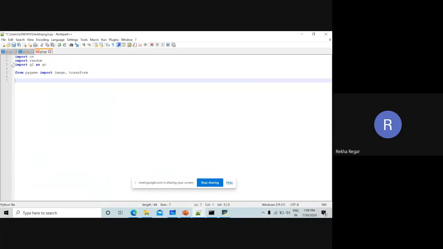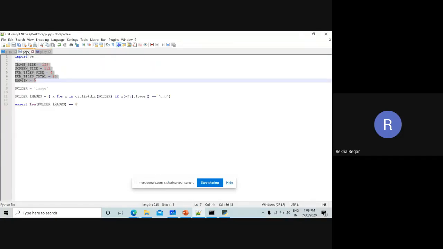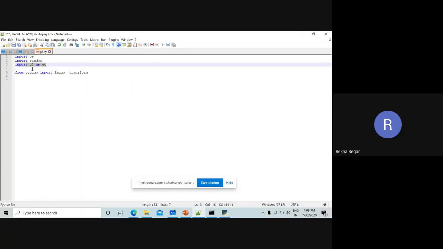For that we need the help of OS, so we are going to import OS. We need the help of random also, which means the images must be random from the file. After that we are going to take the game configuration, the file we created, g2.py. So we have to import that file also. How to import such a file into another program? Just simply write import g2 as gc, whatever name you want.